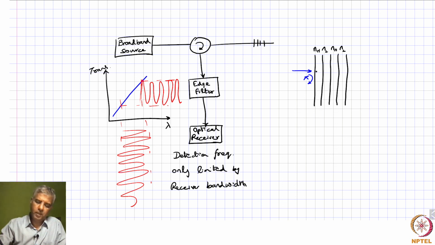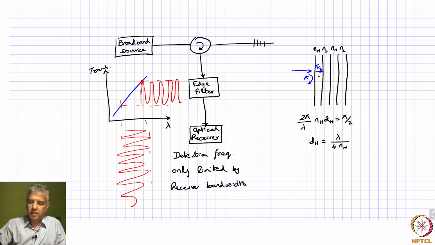Okay, and if you make the thickness such that there is a pi by 2 phase shift that's incurred while going through this, and that you can ensure by making 2 pi over lambda nh multiplied by dh equal to pi by 2, which means that dh equal to lambda over 4 times nh, right? So if you make it this thickness, then it can give a pi by 2 phase shift, but